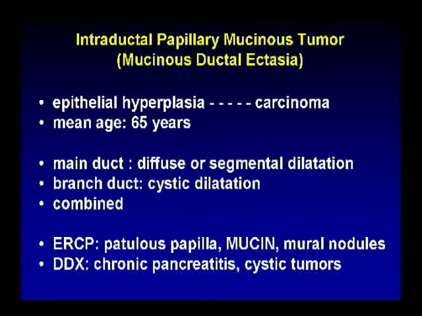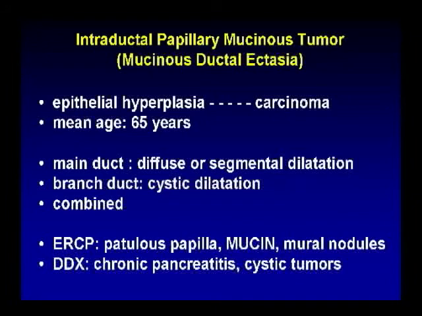First is the one that affects the main duct. This could be diffusely or segmentally. Branch duct type, which causes sort of a multicystic appearance, and then a combined type. On ERCP, typically what you'll see is a gaping papilla with mucin pouring forth from it, and you may see